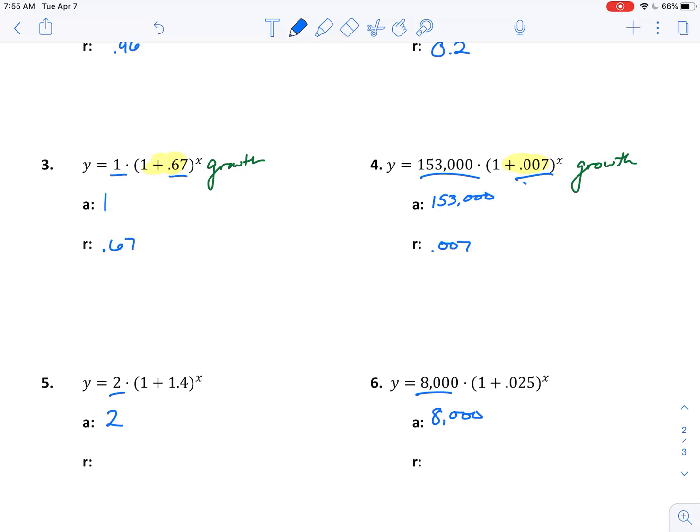And last thing here, I'd like you to pause the video and try these last two. So our initial numbers are the initial amounts, and those rates of growth or decay is just whatever I'm adding or subtracting to the number 1. So I'd like you to try